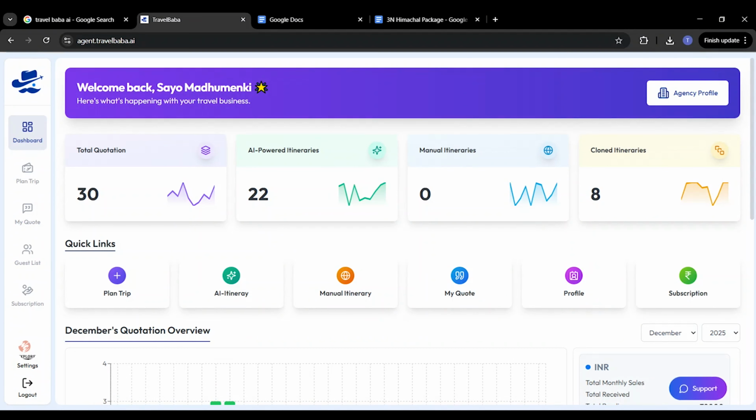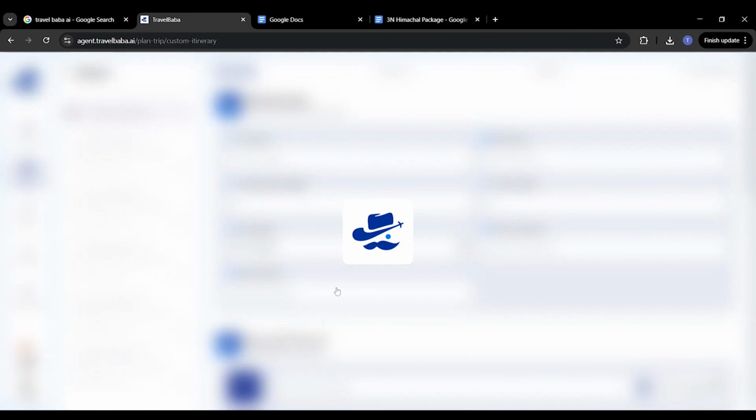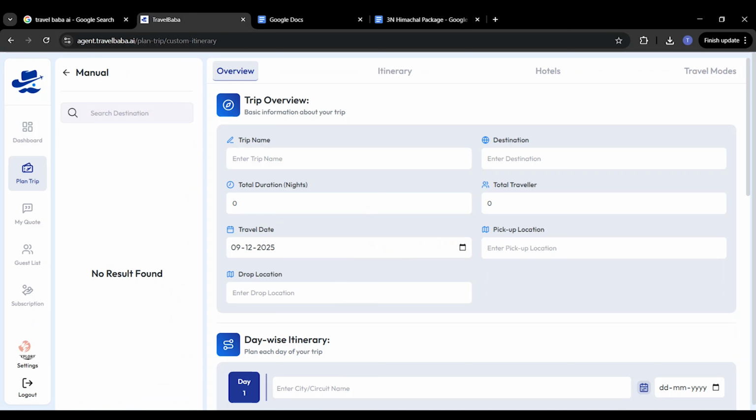In this video, we will see how we can create the manual itinerary. So here you can see the manual itinerary button. Just click on it. After that, you will have to enter all details manually. Let's say, for example, trip detail, I'll enter